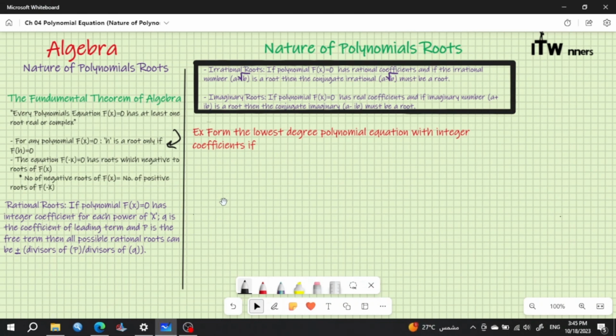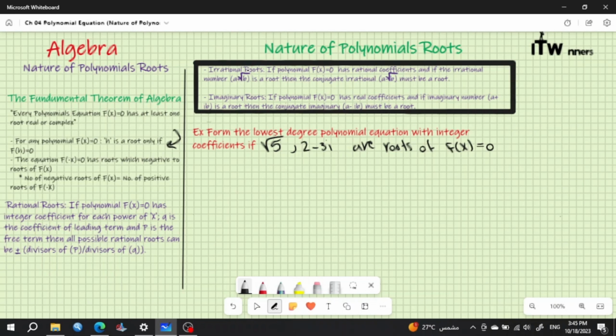Form the lowest degree polynomial equation with integer coefficients if square root 5 and 2 minus 3i are roots of the equation. Okay,